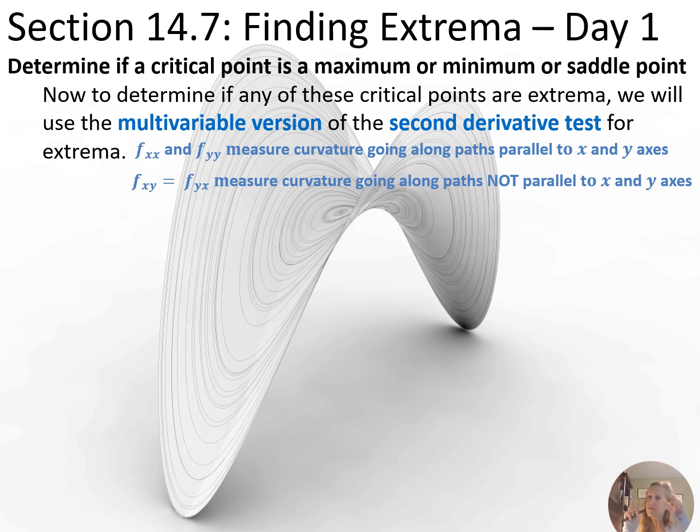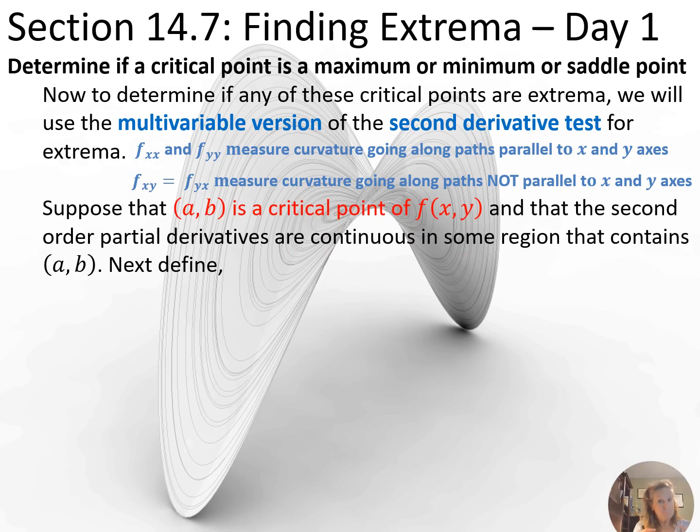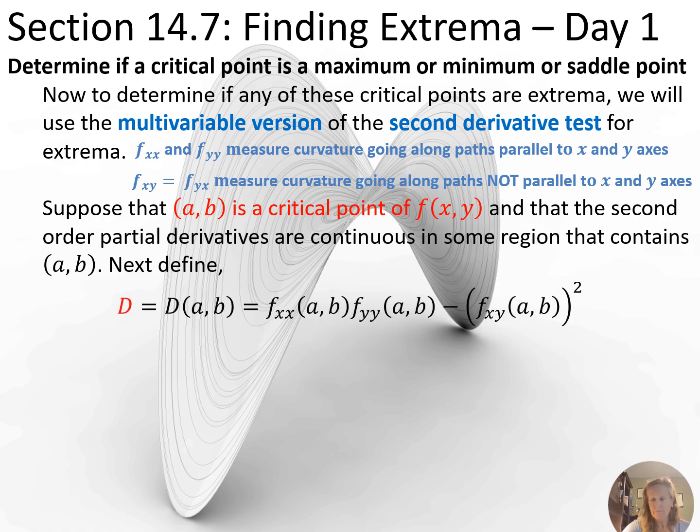So we're going to use all of those second derivatives in a proof of how I figure out whether I can classify a critical point as a local max, a local min, or a saddle point. So if I do have a critical point, so this theorem depends upon knowing my critical points first, and I have second order partial derivatives that are continuous, at least continuous in a region that contains the point I care about, then I'm going to define this super D, the super second derivative, multivariable second derivative